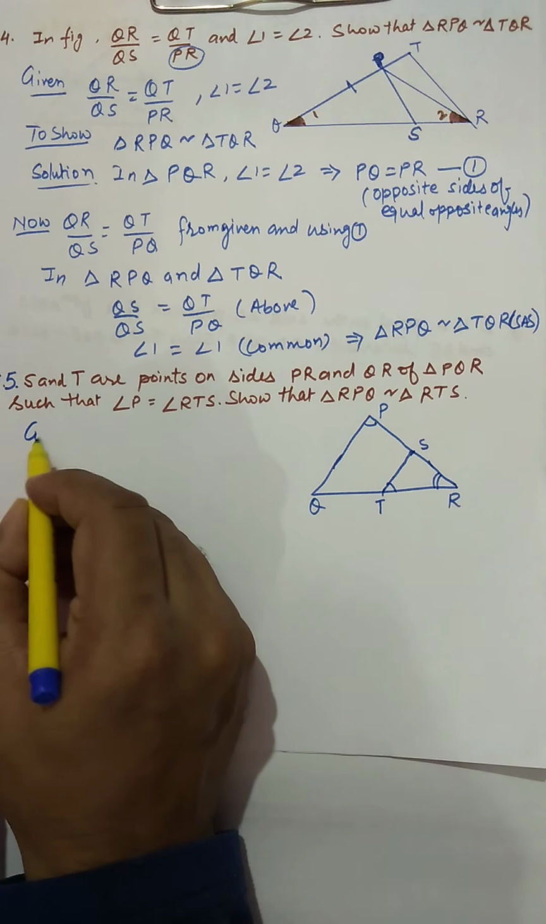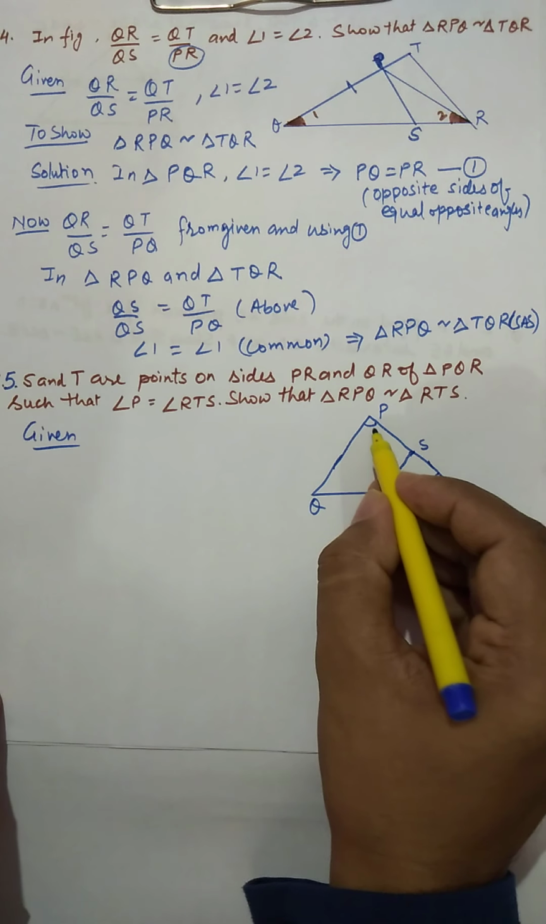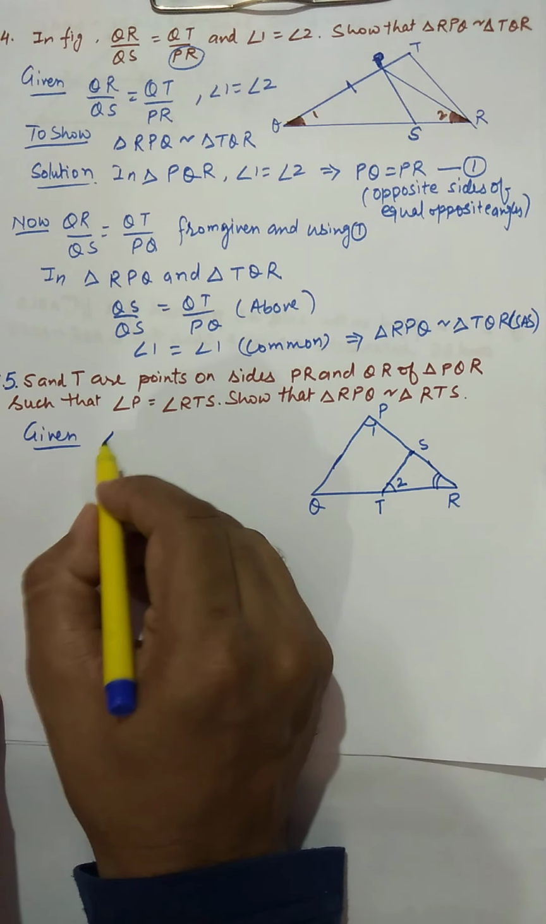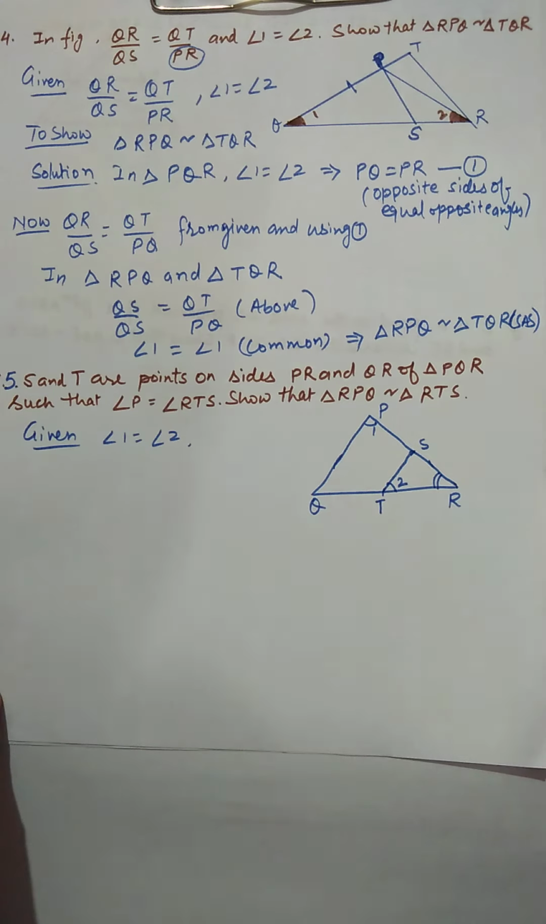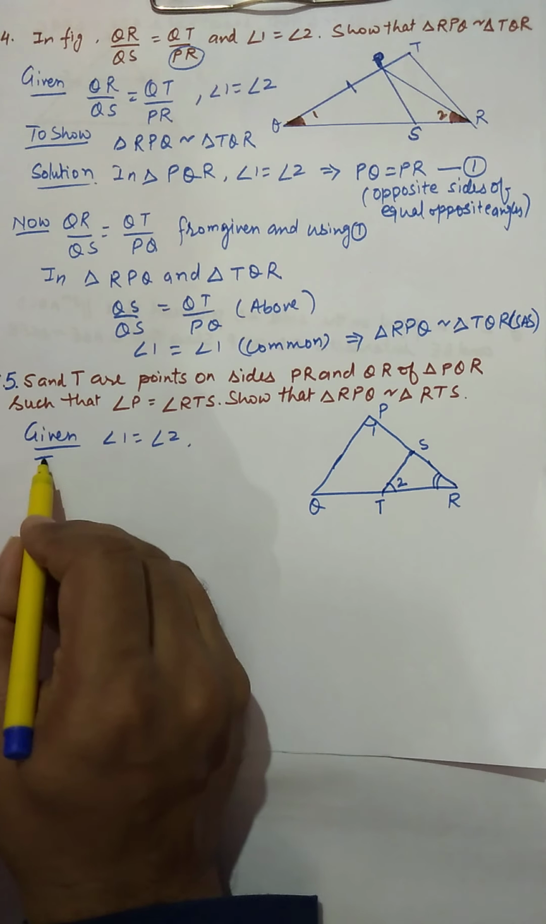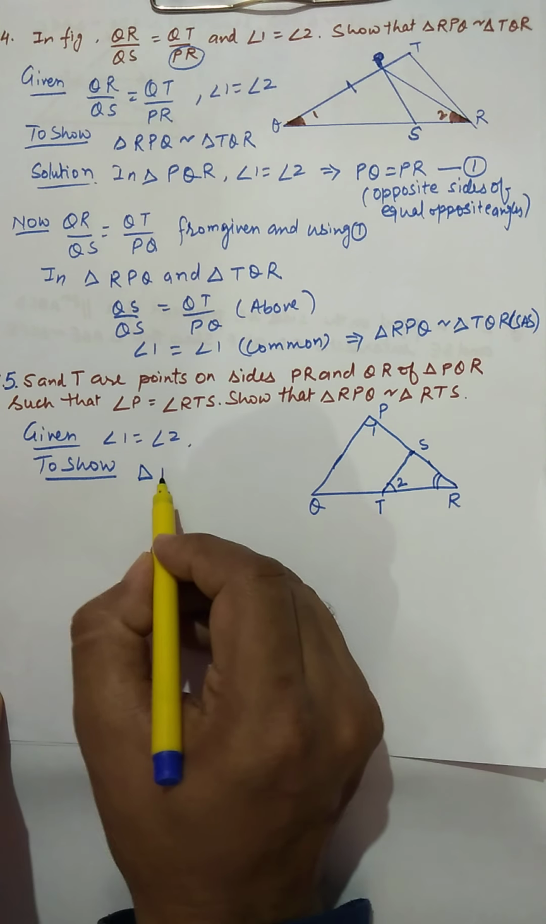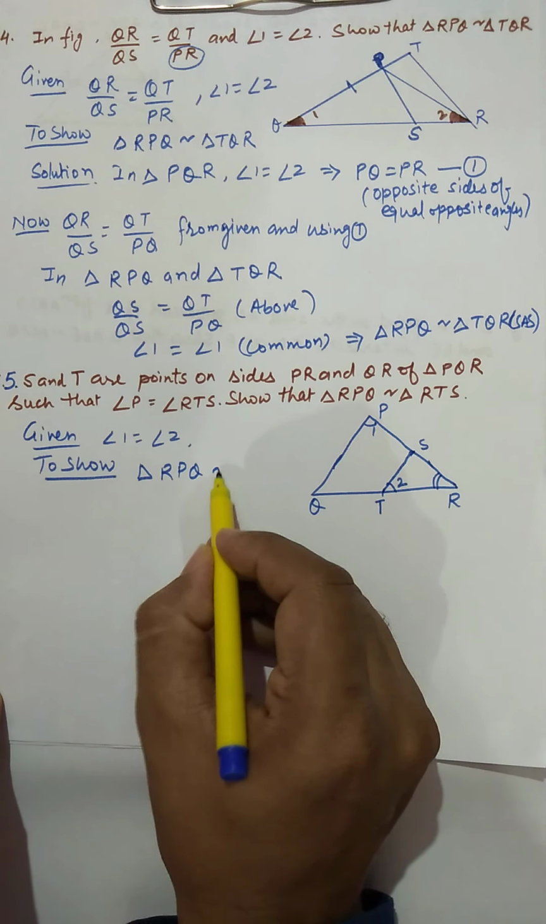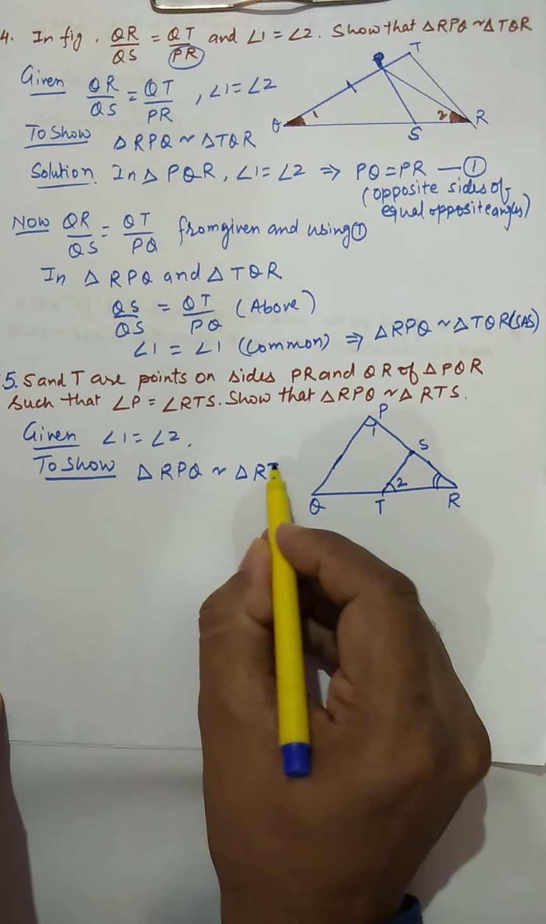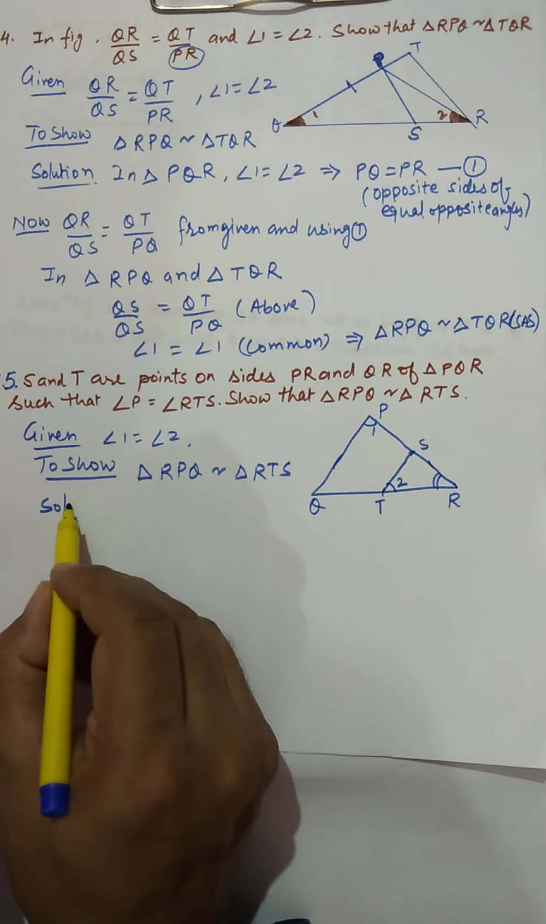So we write all this information given. So we mark this as angle 1 and this as angle 2. So given angle 1 equal to angle 2, we'll write like this. And to show, we write this triangle RPQ similar triangle RTS. So we write the solution